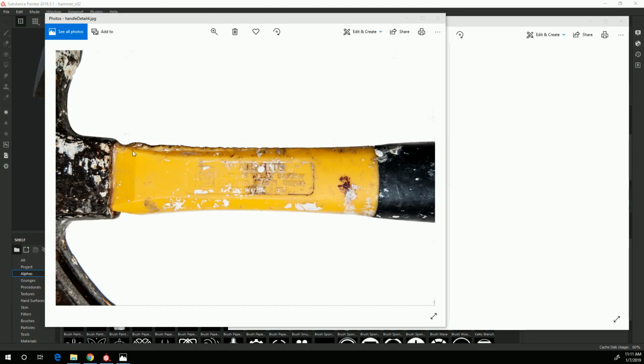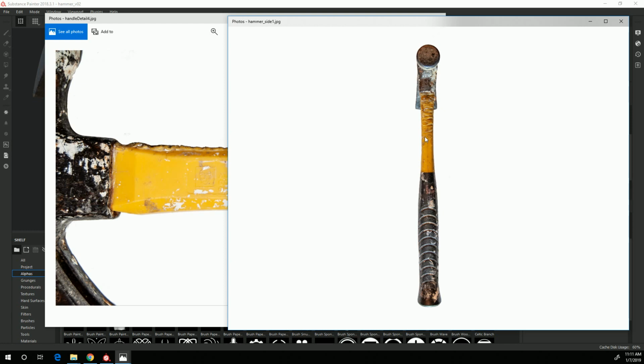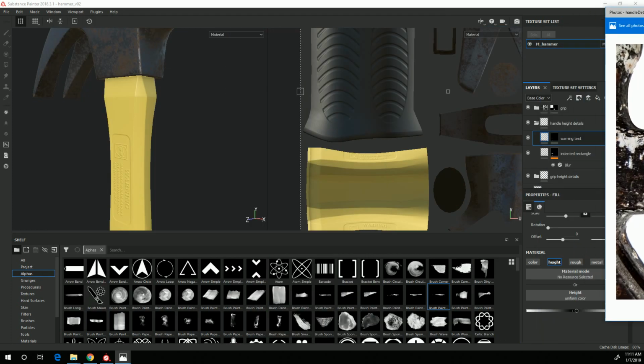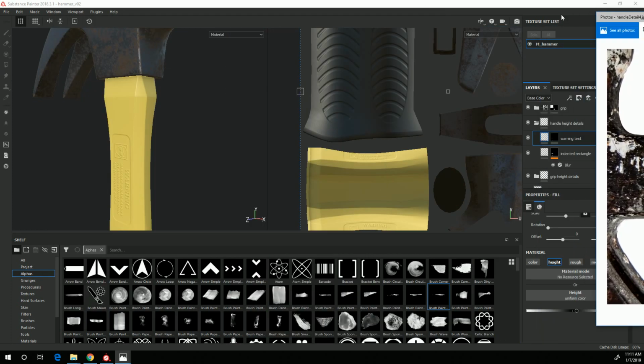In this video, I'm going to paint in some additional height detail to add this kind of melted plastic look on the handle. So from the side, it looks like this. From the front, it looks like this. So to do that, I am going to